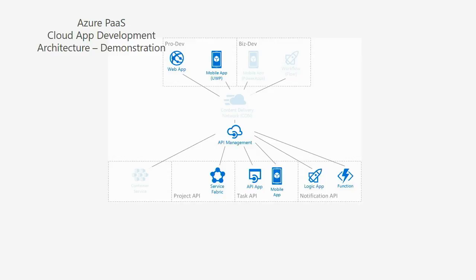So I've got my task API, my notification API, and I've got a project service fronted by a project API. The project service collects multiple tasks together into a unit called a project. So let's have a look at what this looks like